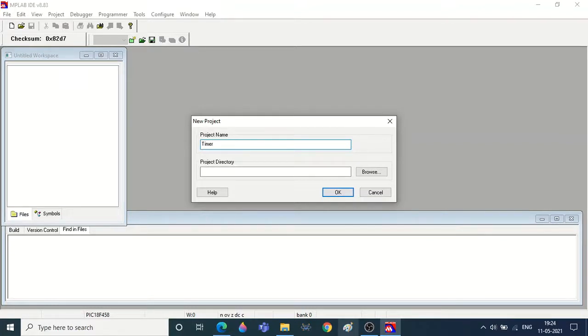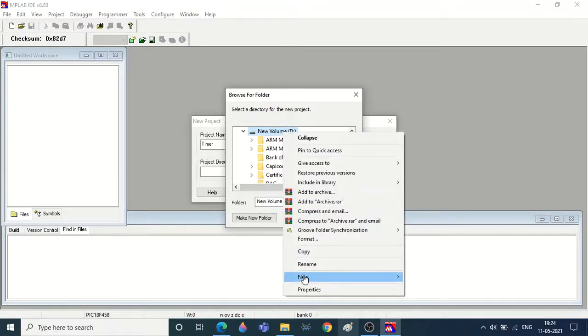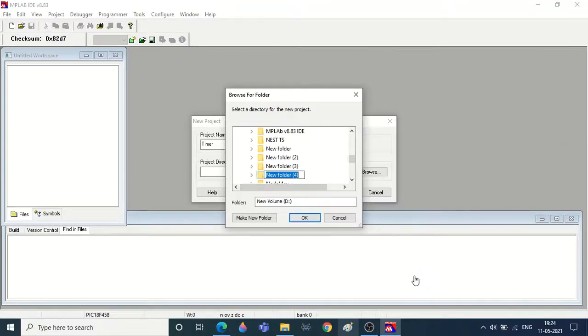Okay, now we have to keep all the files related to the project in a single folder. So we are going to create a folder, let's say in the D directory. Let's say the name of that folder is timer, so that it will be easy for us to track it down.